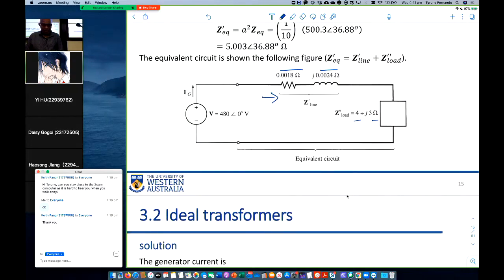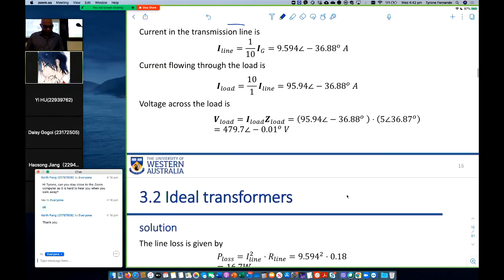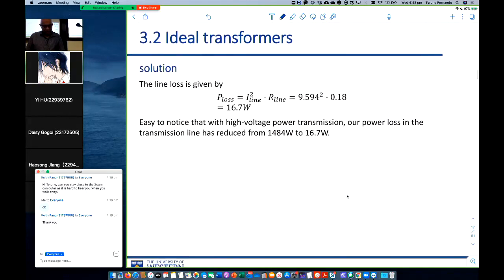And once you calculate this current, this I, I'm not going to do the calculation here. You can do the calculation. It's simply this voltage divided by the impedance value. And then you want to find out the line loss. It will be the magnitude of this current squared times this value. Yeah, that would be the loss. And that loss